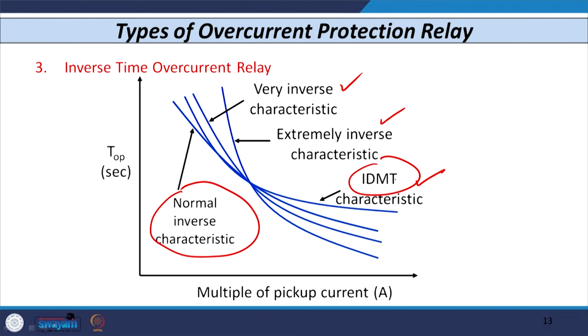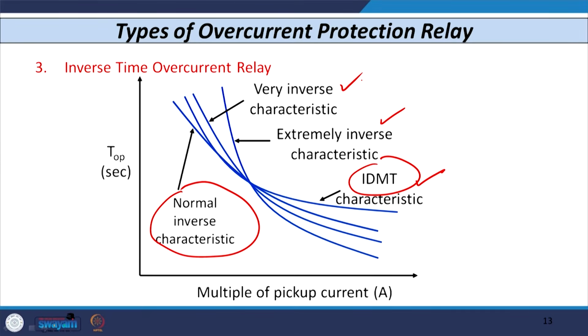We will see later on what an IDMT relay is, but in the inverse time overcurrent relay, I have shown three characteristics: normal inverse, very inverse and extremely inverse. Depending upon the requirement, what type of curve we wish and for what type of application we are utilizing, we can select the appropriate characteristic and consider each and every inverse time overcurrent relay. The main point is how to achieve this type of characteristic.